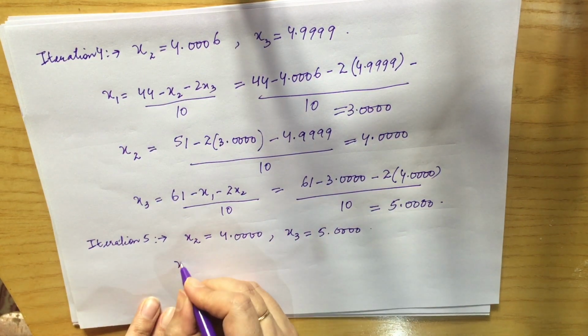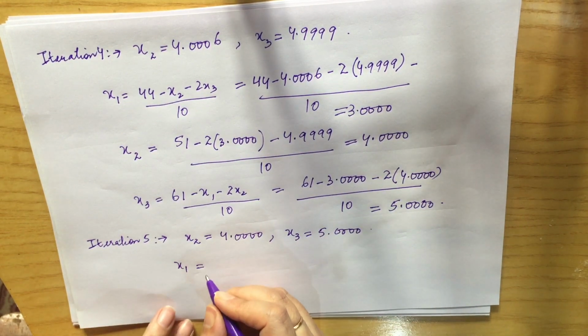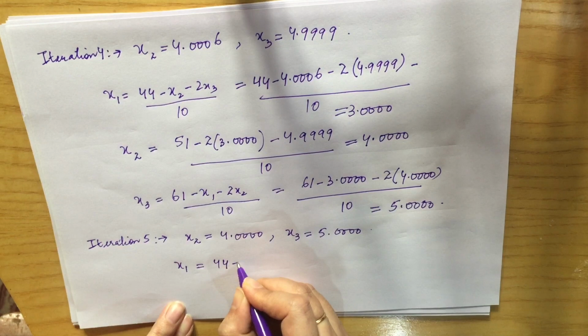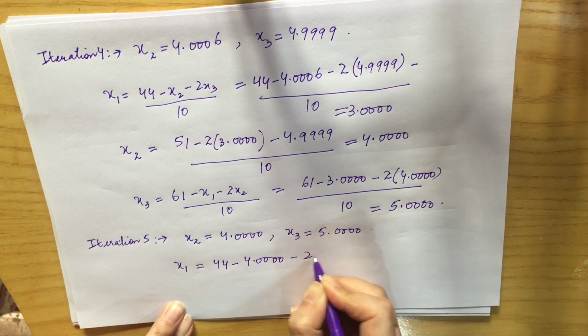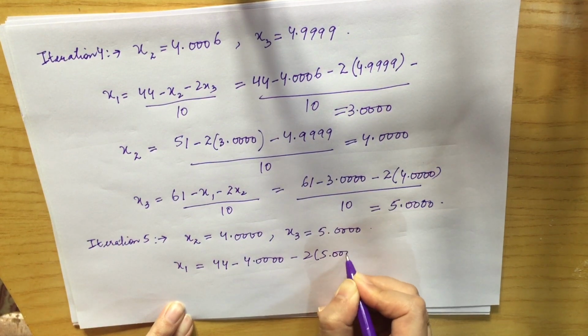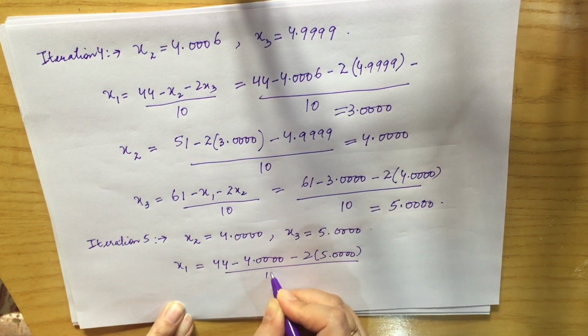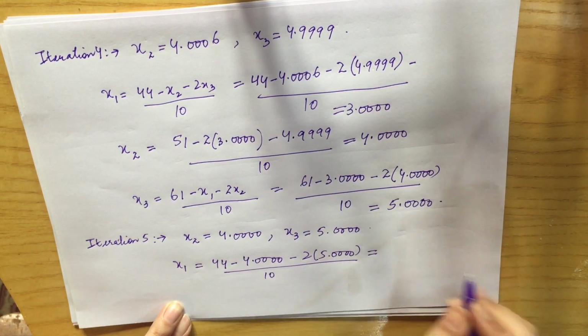Now we will calculate the x1 value. In a similar way, it will be (44 minus 4.0000 minus 2 multiplied by 5.0000) whole divided by 10. If you calculate it, it will come as